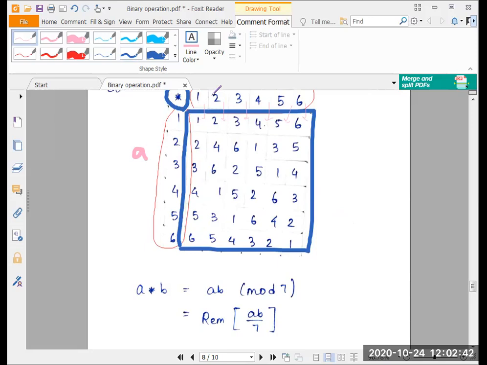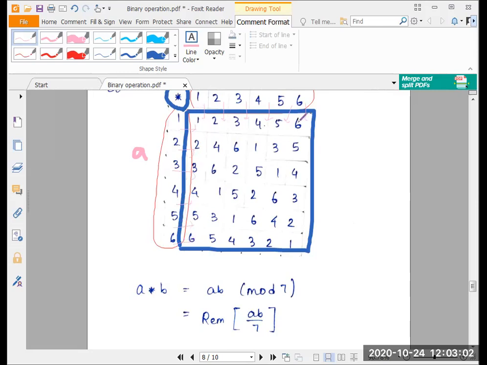I have proved that in my previous sum. So the fact that 1 times 1, 2 times 1, 3 times 1 are all smaller than 7, when I divide them by 7, these numbers will again reappear as the remainder after division. So 1, 2, 3, 4, 5, 6 all reappear as elements of the first column.